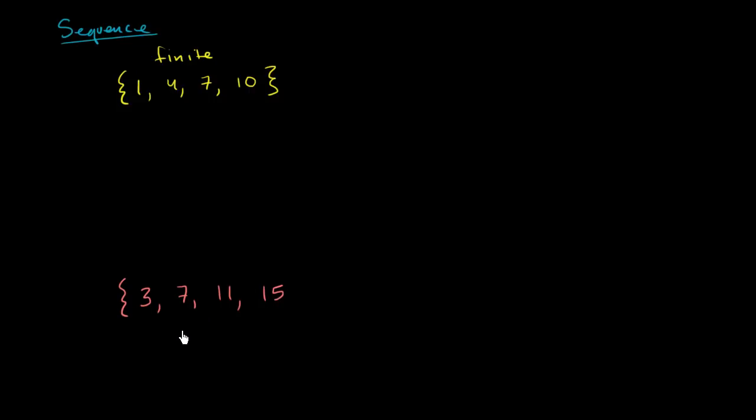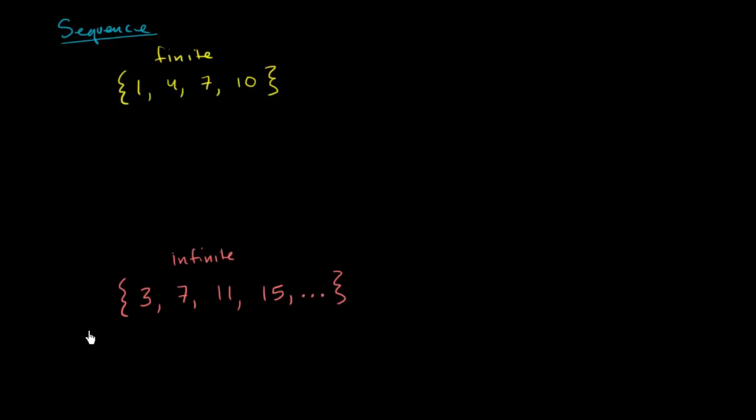We'll explore fancier sequences. The sequences where you keep adding the same amount, we call these arithmetic sequences, which we will also explore in more detail. But to show that this is infinite, to show that we keep this pattern going on and on and on, I'll put 3 dots. This just means we're going to keep going on and on and on. So we could call this an infinite